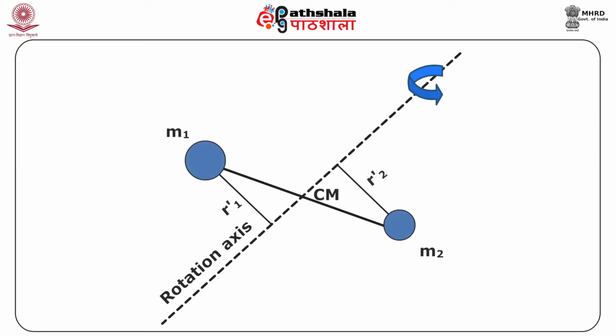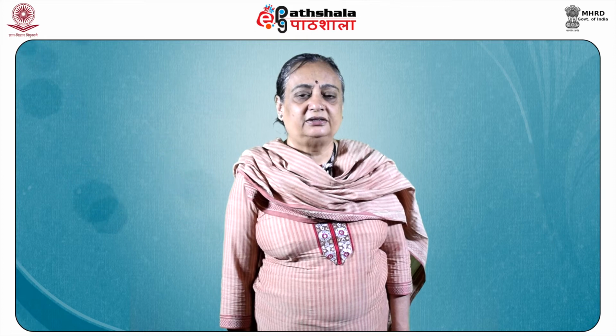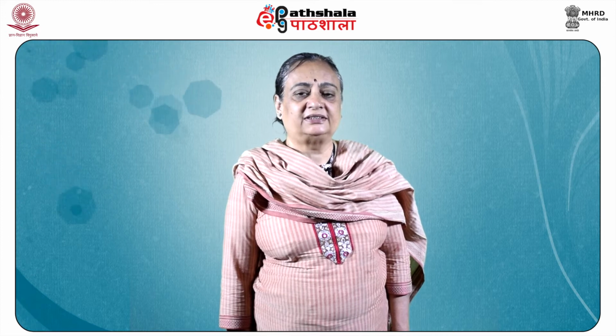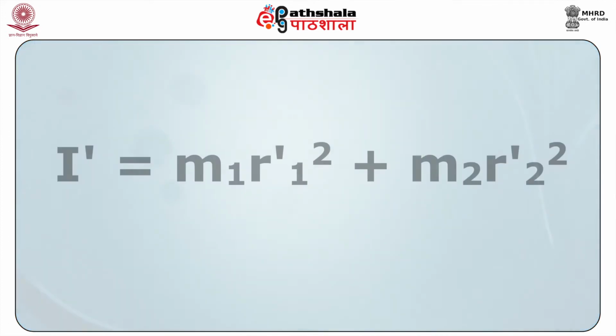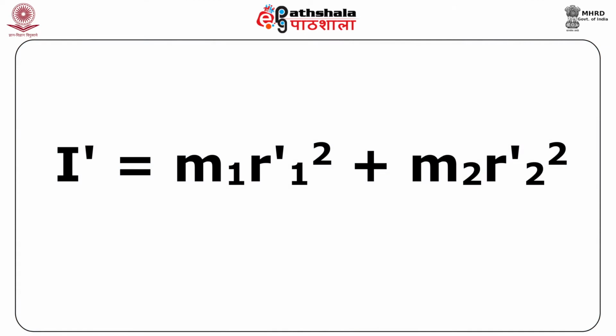Now, let us consider rotation about another axis, which is not necessarily perpendicular to the bond axis. So, this is another axis, it is not perpendicular to the bond axis. In this case, the moment of inertia is again given about this new axis. It depends on the perpendicular distance of the masses from the axis, and that means that it depends upon some other r1 prime and r2 prime. I prime is equal to m1 r1 prime square plus m2 r2 prime square. So, here r1 prime and r2 prime are different from r1 and r2 because the perpendicular distance is different. I prime will also be different from I.